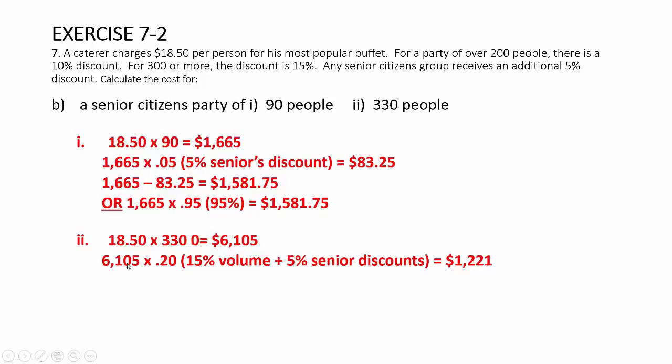So $6,105 times 20%. There's the value of that 20%. They're going to save $1,221. So we subtract that from the original total, and there is the discounted total they would have to pay,